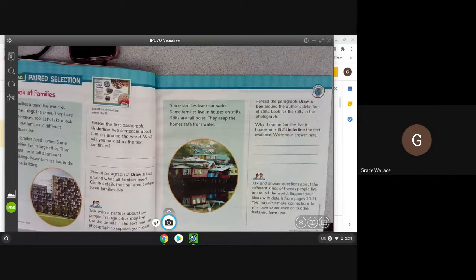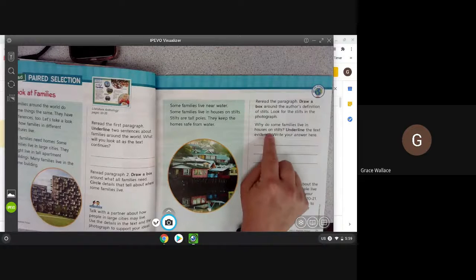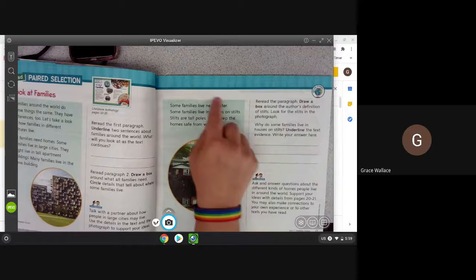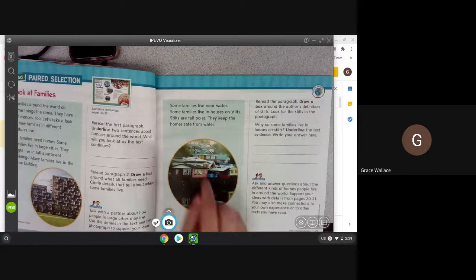What do you think? It says, underline the text evidence and write your answer here. So first what I want you to do is, why do some families live in houses on stilts? Okay, go back to the story, write your answer down, and then underline the sentence that helped you find that answer. All right, and that is going to be